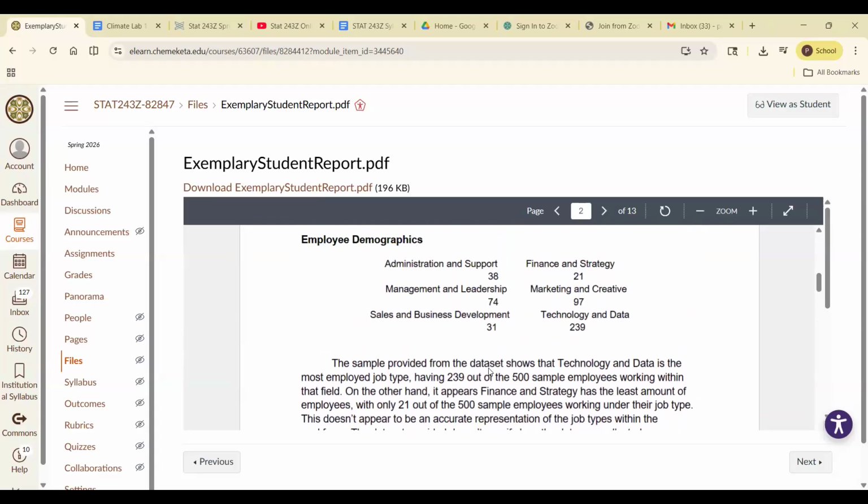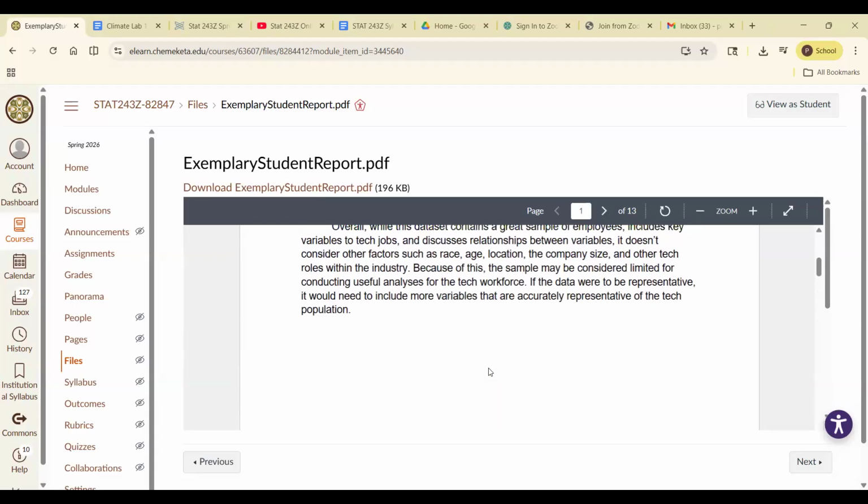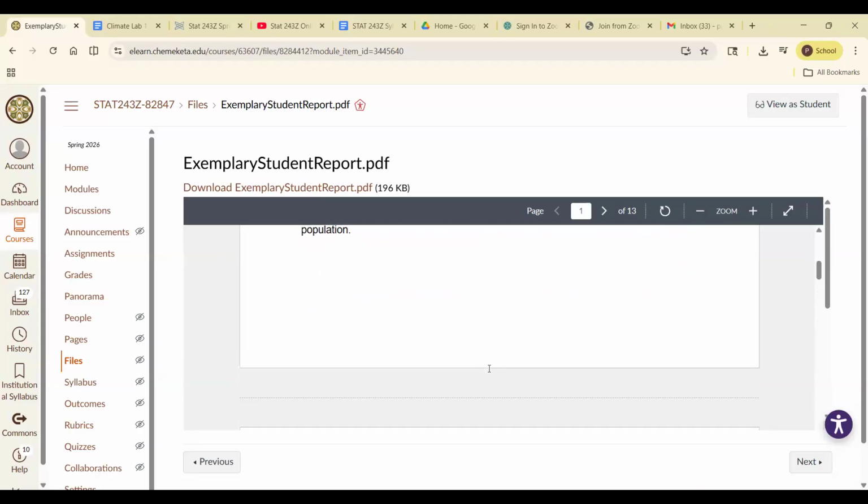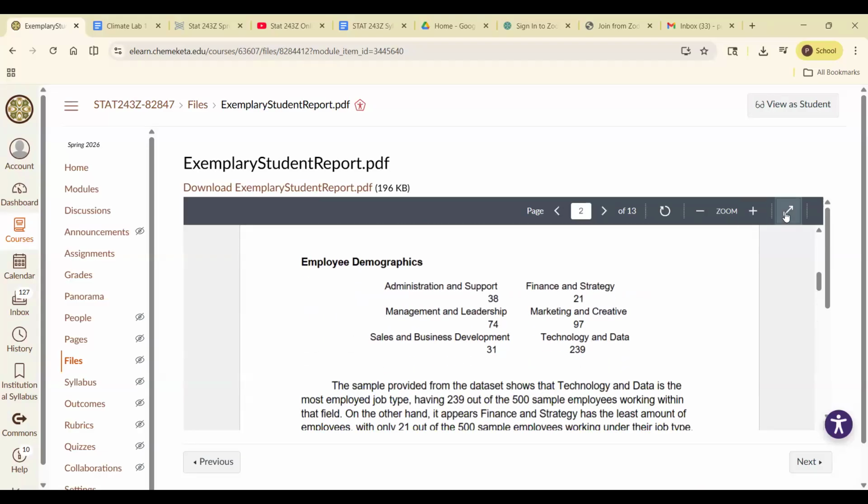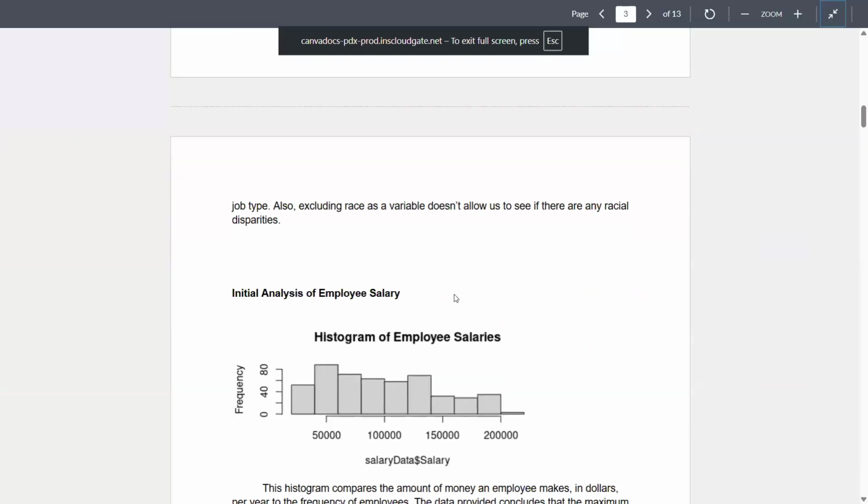One thing I will say is as you go through these labs, there are 4 labs and they build on each other. So each lab contains everything from the previous work. So if you look at this exemplary report, you will notice not only does it include this initial analysis from lab 1,